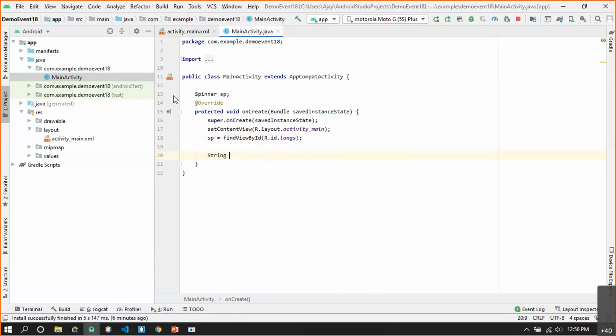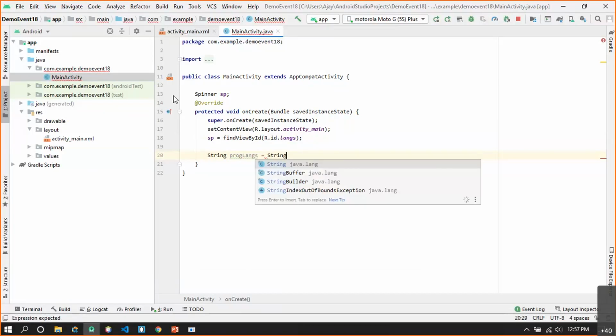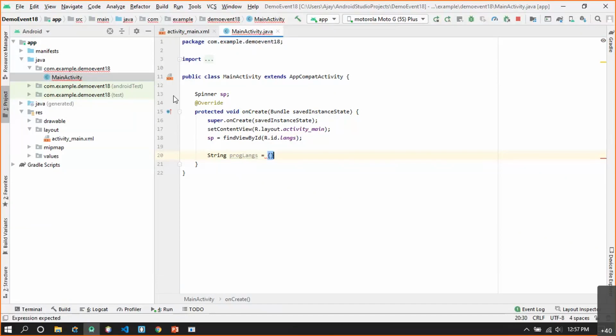Let's create a string array, and call it programming languages, or proglangs. We'll create an array directly in this way, since it's a string.